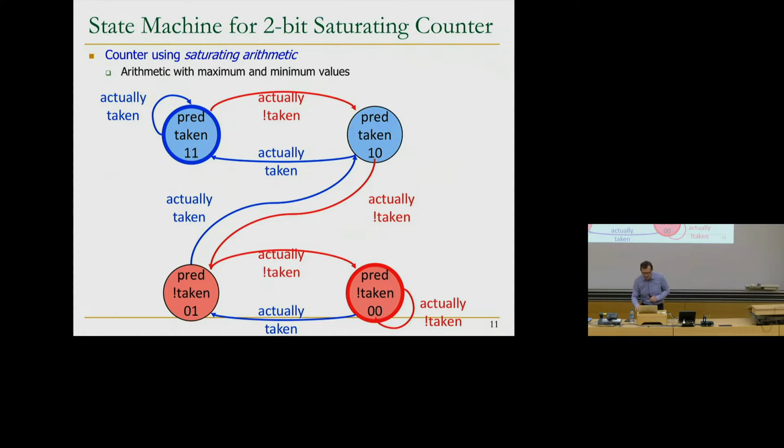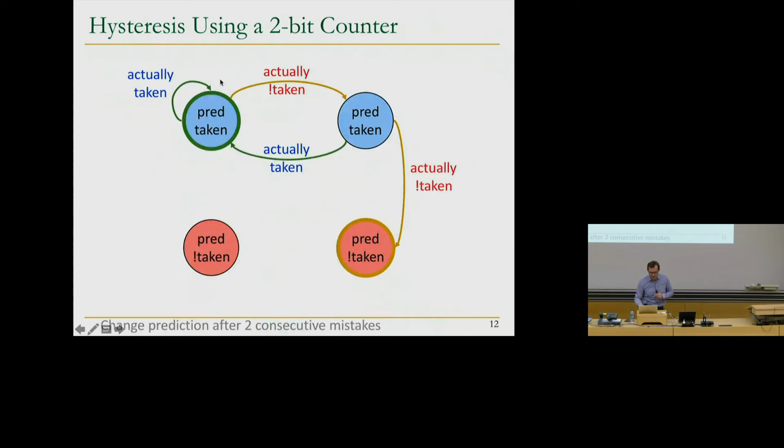Maybe there are some other solutions to that. But we've solved the problem of changing your mind with a single opposing outcome. Okay? So hopefully this is clear. And these are basically showing different paths. If you're predicted taken, to go from this state to this state, you actually need to see 2 opposing outcomes. But if you see only 1 opposing outcome, you're predicting it taken, and the branch is actually not taken. In the next instance, you're going to predict the branch taken, and if it's actually taken, you save the misprediction